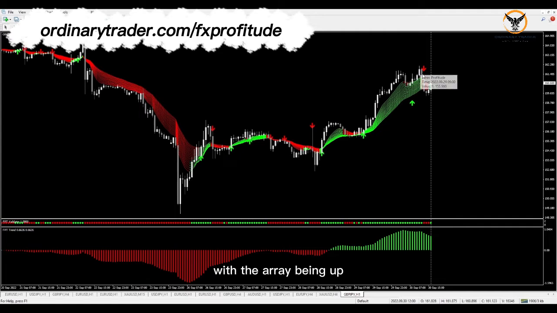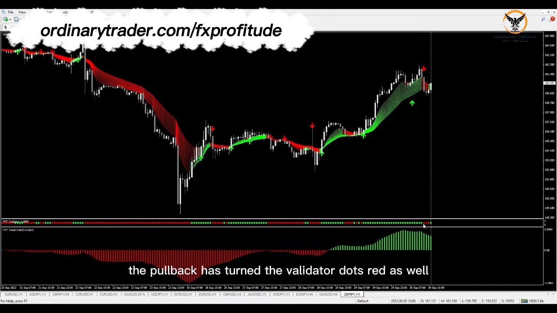With the array being up, we are looking for this pullback into the array, turning some, or in this case, all of the array lines red. The pullback has turned the validator dots red as well, but most importantly, the trend indicator remained green through this whole pullback process. On this current candle, the validator dot has turned back to green,